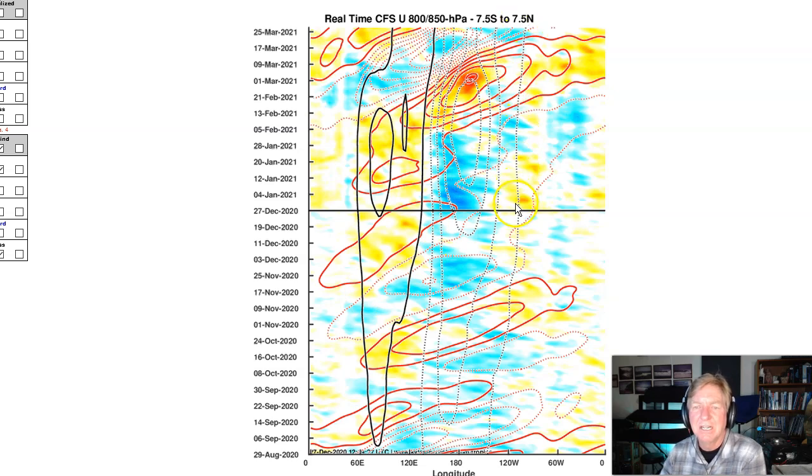Dotted contour again. The high pressure bias in control. There's the date line right down the middle. It is at 1, 2, 3 contours, forecast to build to 4 contours about January 10th, holding through March 1st. Okay, what we want in the Pacific isn't in the Pacific, it's in the Indian Ocean, the solid contour, the low pressure bias, and it looks like it's supposed to be peaking in the January, February time frame. We're hoping this would be the peak of La Nina, but we're also kind of hoping that maybe it's already peaked, and this is